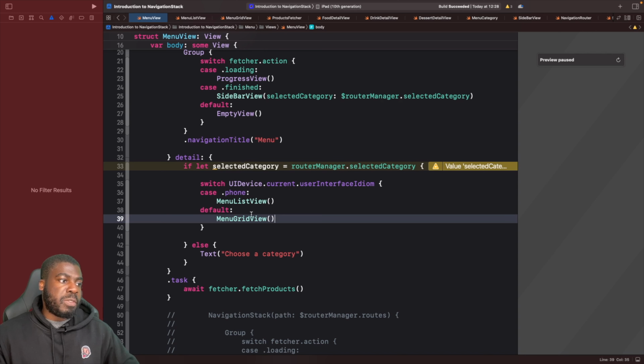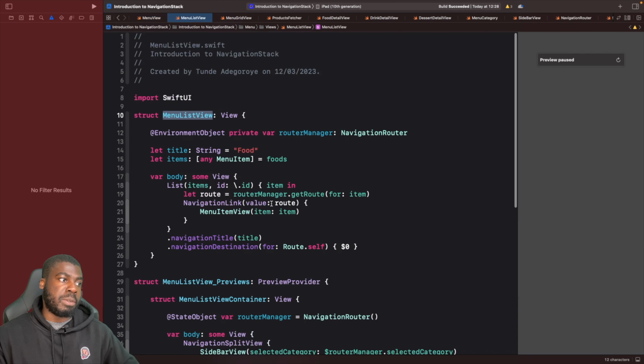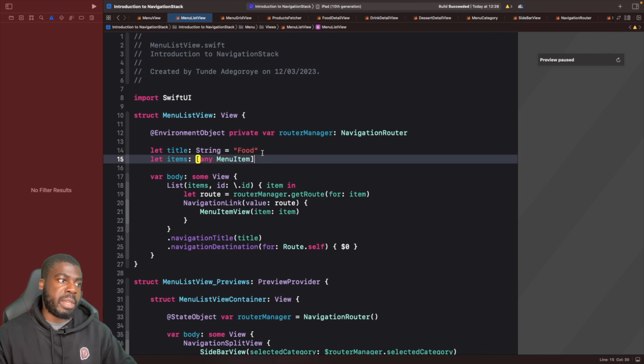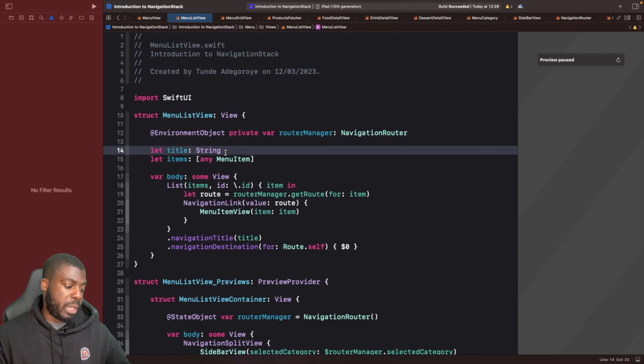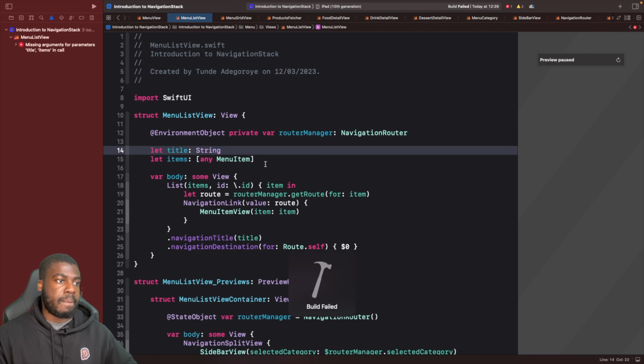In our menu list view and our grid view, we now need to change it so it can accept the title and the items. So let's go into our list view and tackle this first. And right now we've got all this hard coded. So we don't want this to have default values. So we're going to remove this and remove this, and we should get a bunch of build errors,